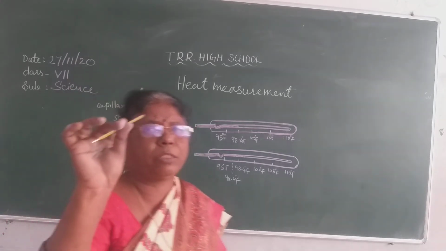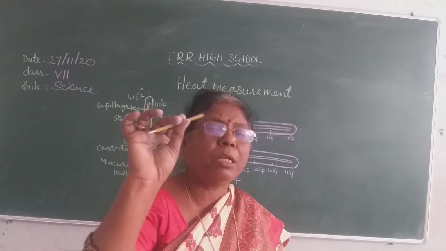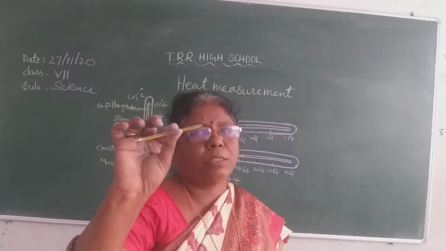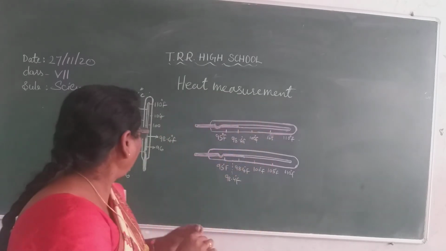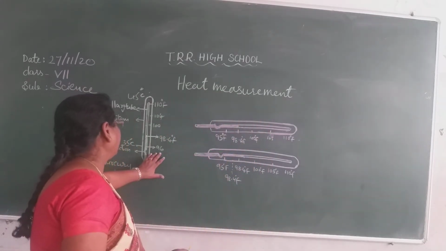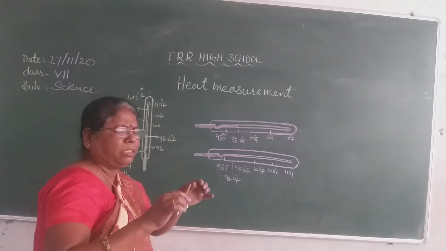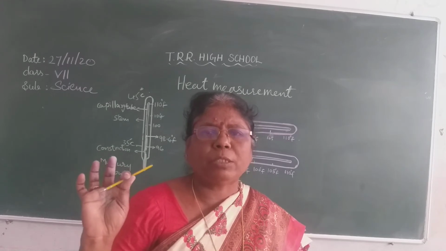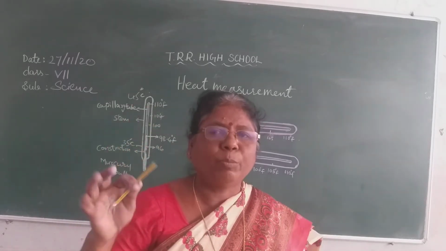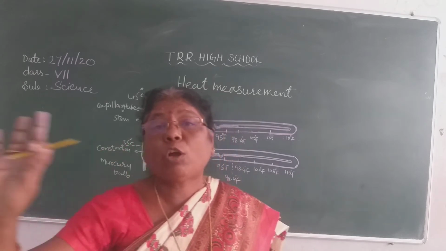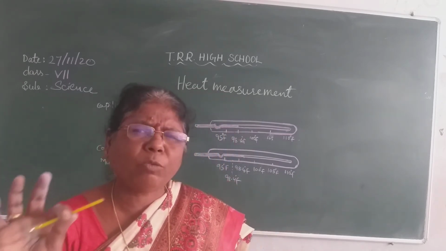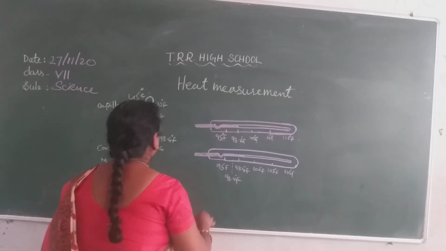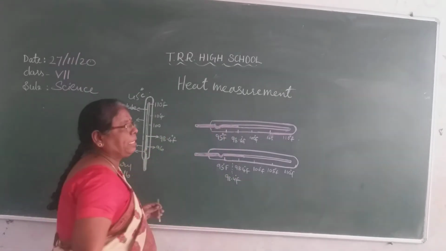Both you will get in one thermometer only, that is the clinical thermometer, or you can call it the mercury thermometer or doctor's thermometer. Here you are seeing the reading starts from 96 degrees Fahrenheit to 110, or in some thermometers 108. Our body temperature will not reach this level, as it would mean brain damage. Maximum 104 or 105 degrees Fahrenheit will be there. Now, here you see these are the readings.